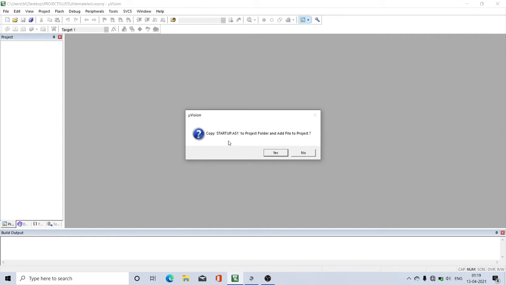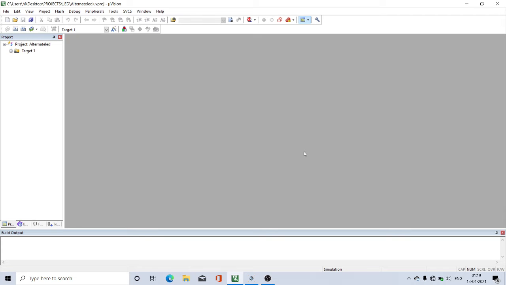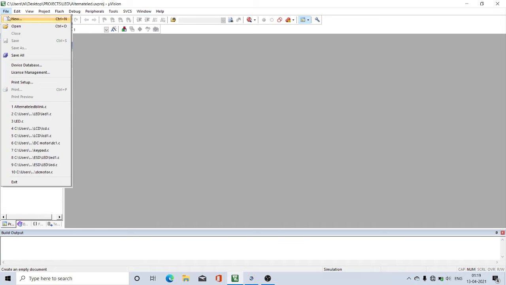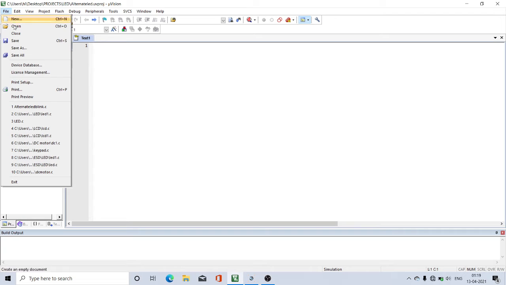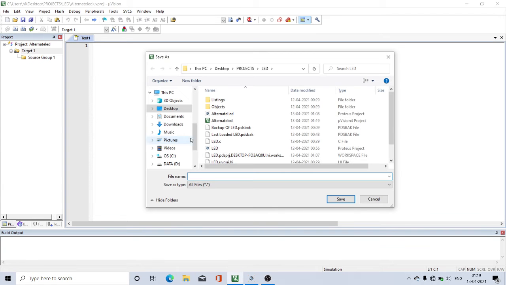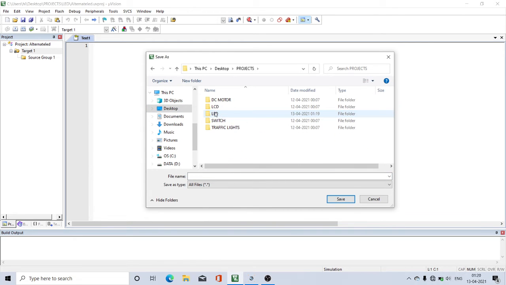It asks for a startup file creation. We need to say no. You can see on the left side the project name alternate LED is created and the target device is created. Now go for file, new, and we need to save this file with .c extension, desktop projects, LED.